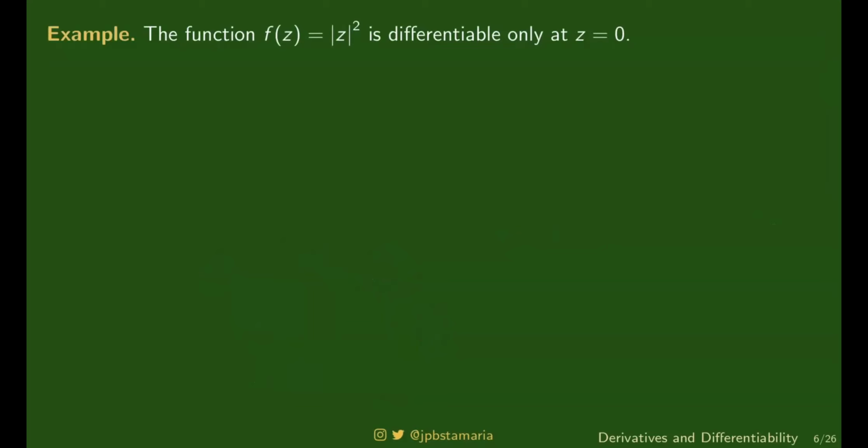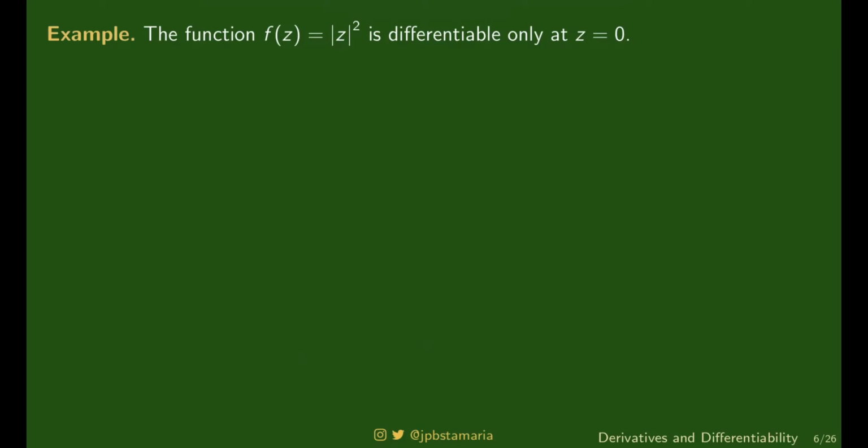Ito naman, iba naman tong example na to. Tingnan nyo to. This function this time is differentiable only at the origin. Naloko na, no? Kaya nga sinasabi ko sa inyo, medyo weird yung mga complex function pagdating sa differentiability. Unlike sa real case, yung mga ganyan kasimpleng itsura na function, most likely it is still well behaved. Pero pagdating mo sa complex analysis, yung function na to, differentiable only at one point and nowhere else.